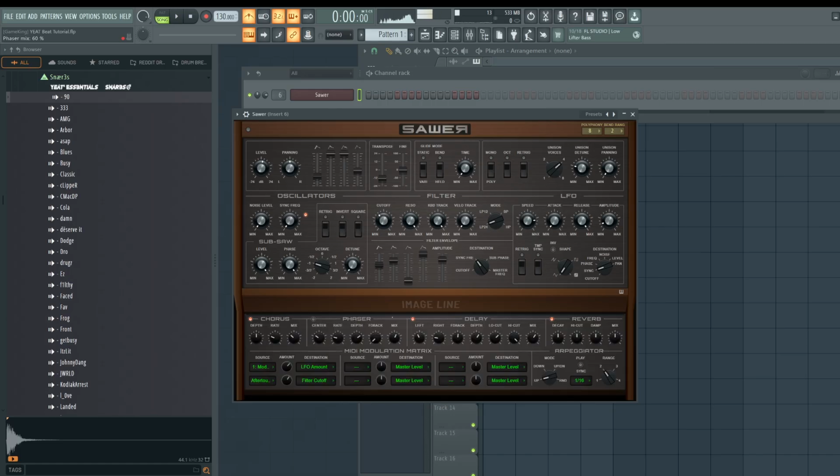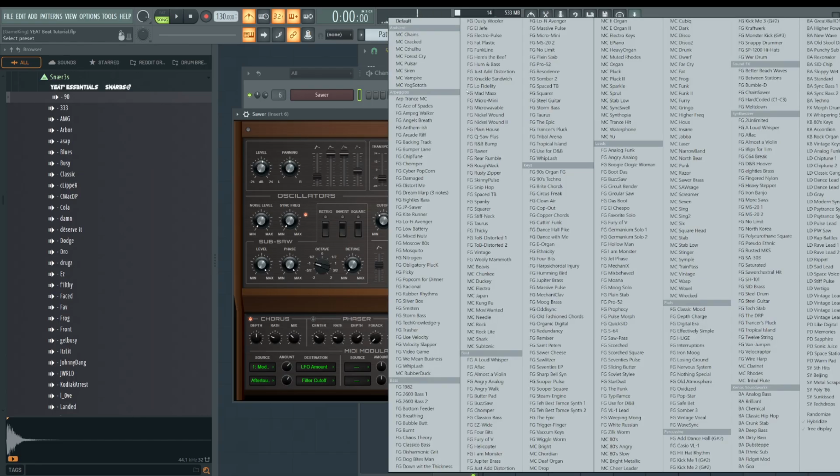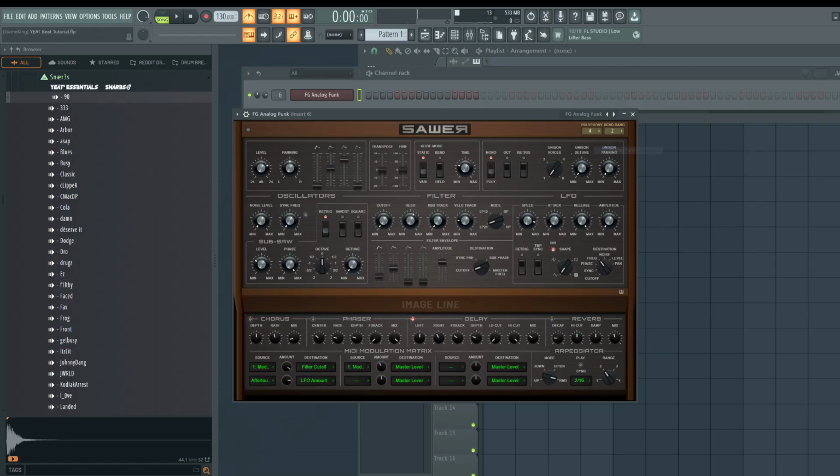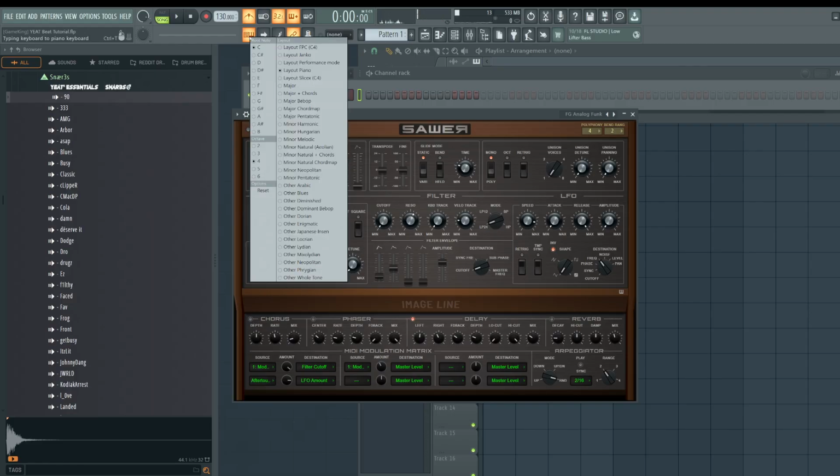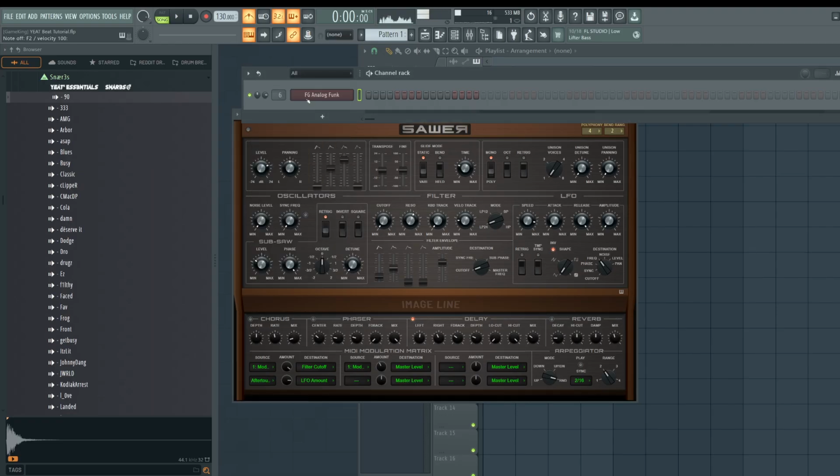And let's click on this icon to open up the effects. Let's go to the preset area and let's go to, where is it at? Leads. And we're going to play a really low octave, and that's going to create the sound. So firstly, we're going to right click over here, typing keyboard to piano, and let's go down to like octave 2 or 3. That way I can mess around with my keyboard and come up with bass lines.